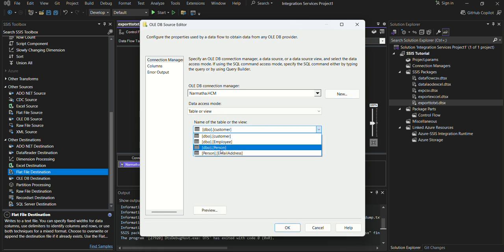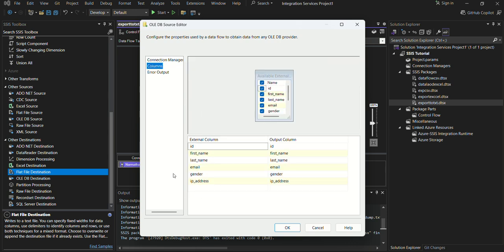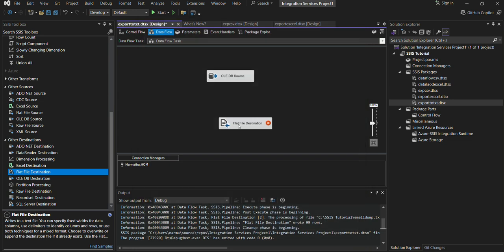Now select the table which you want to export the data from. I just want to export the person data. The columns I needed, I have selected. Okay. Now